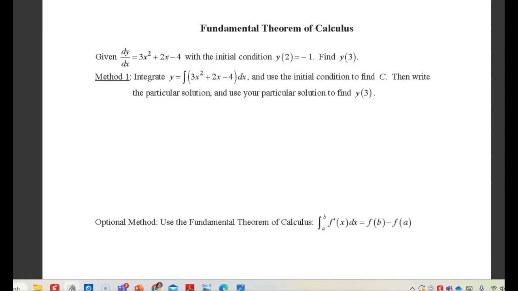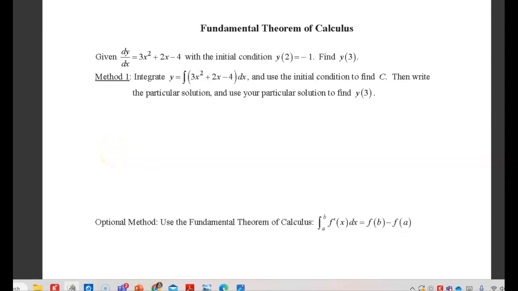And that gives you the initial condition C. So that's where we don't really hit the plus C part. So our book is a little goofy that they do this later. So we're not going to focus necessarily on method 1. We are going to go down and look at optional method, which is method 2, which is the